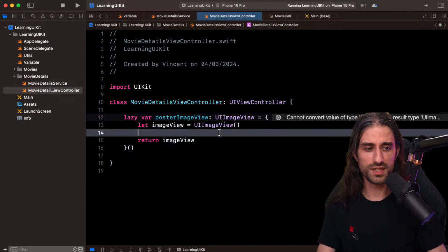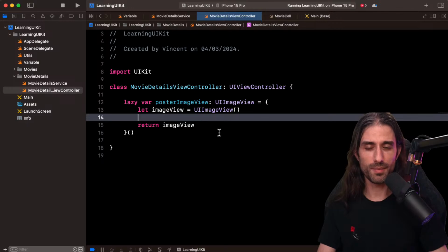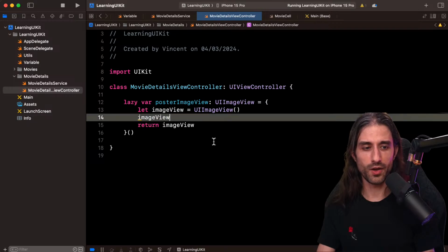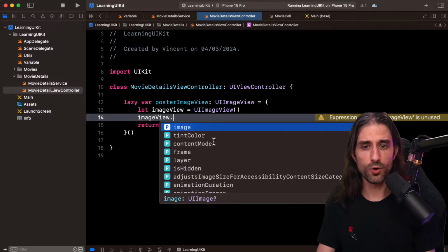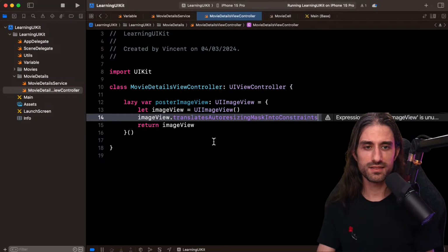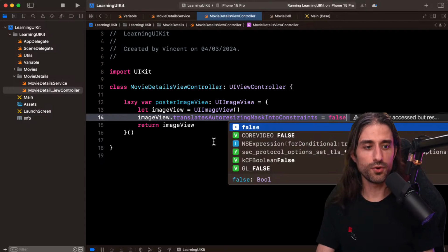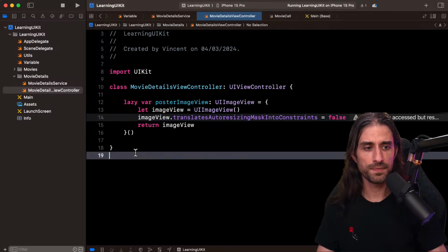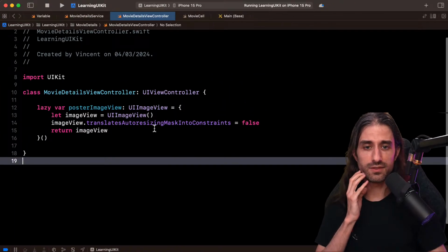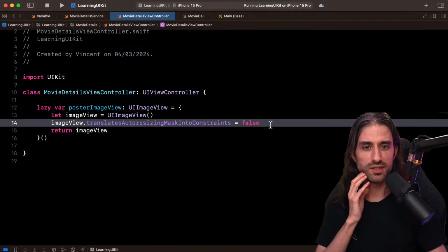And what's super tricky, and I did a full live stream about this a few weeks ago, is that whenever you create a view from code, almost always you want to set the property translatesAutoresizingMaskIntoConstraints to false. It's false by default when you create your view from Interface Builder. It's true by default when you create your view programmatically, and it's almost never what you want. So you want to set it to false.